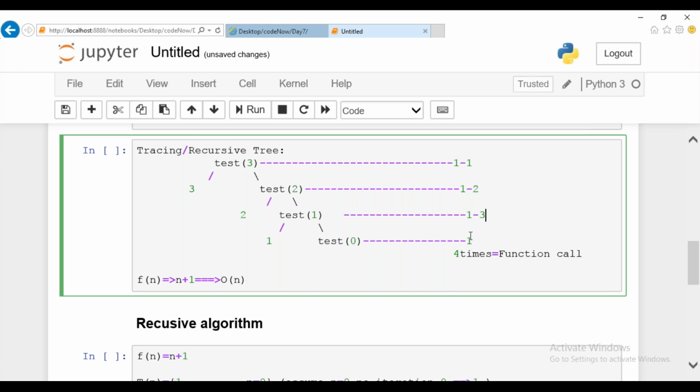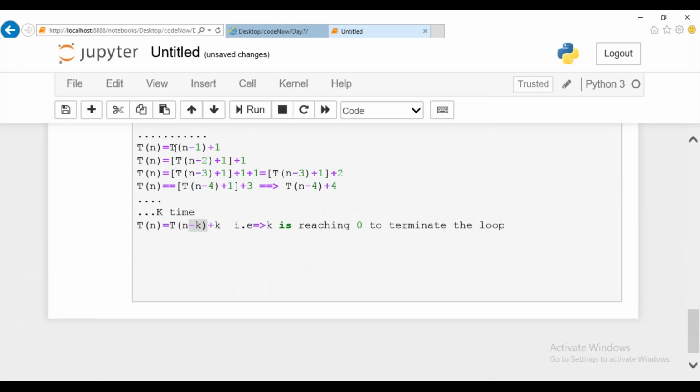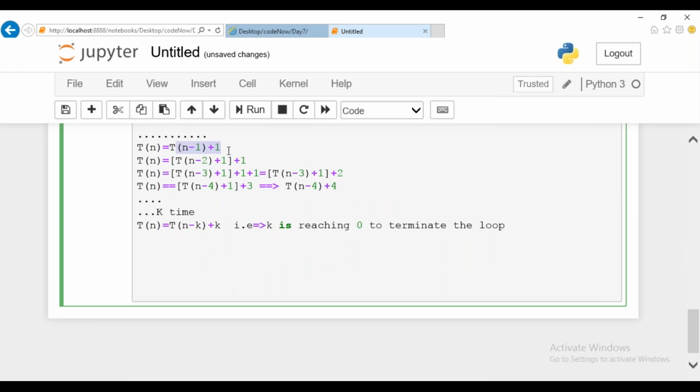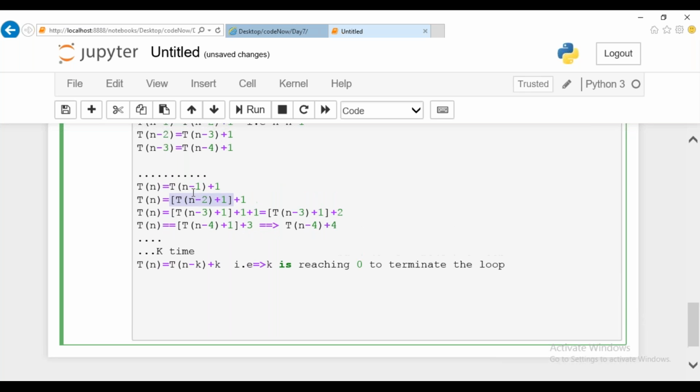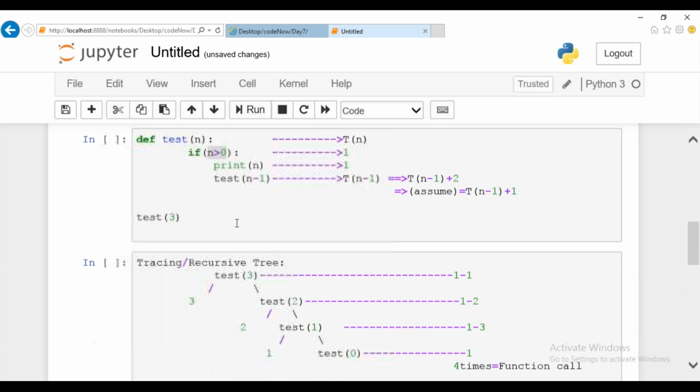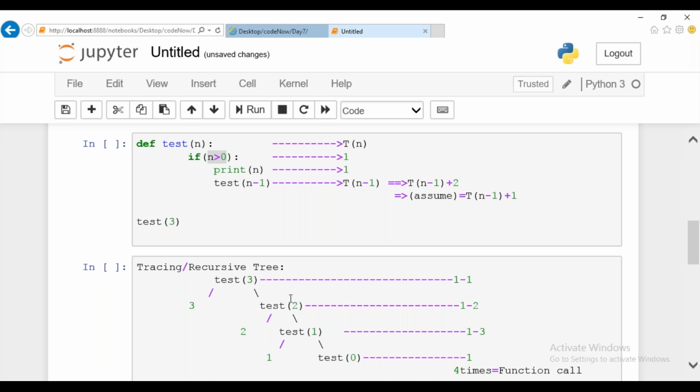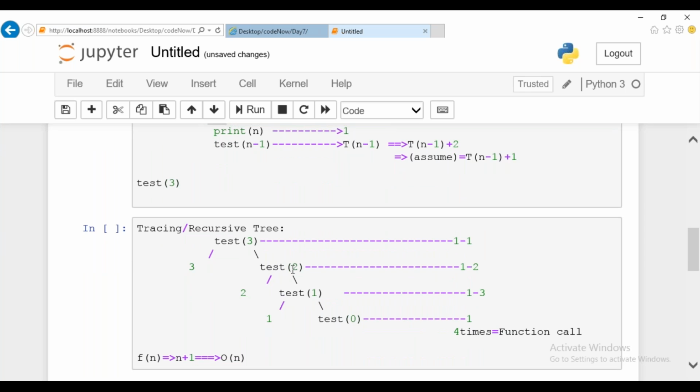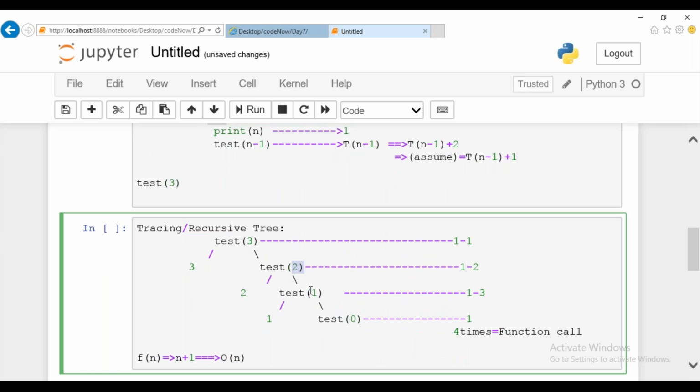Okay, ma'am. Got it. Okay, fine. So we are speaking about how many times the loop is repeated. Here, if the loop is repeated the first time, this could be the equation. Second time, third time, fourth time. Guys, very simple. N minus 1. This is the first time, what happened? The first iteration, n is 3. N minus 1 means it will go to 2. Second time, n minus 2. N minus 2 means the original value is 3, and 3 minus 2 will give you 1.